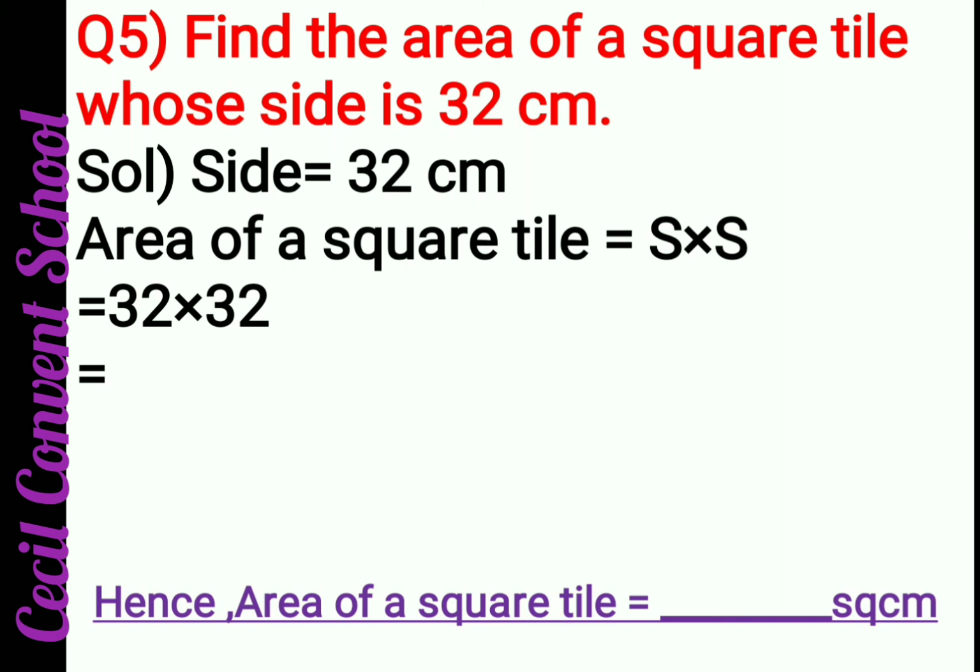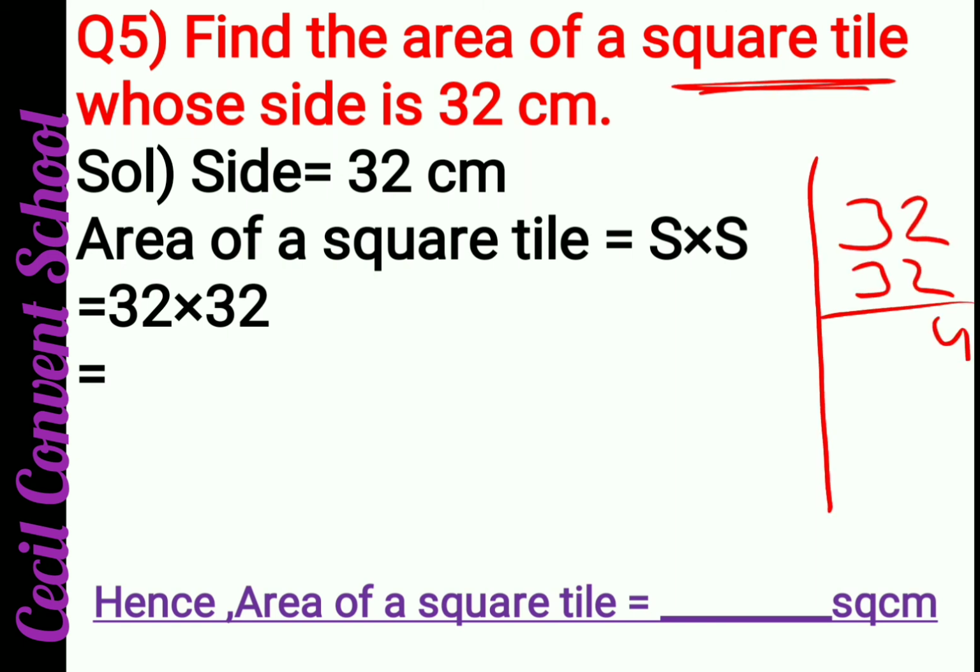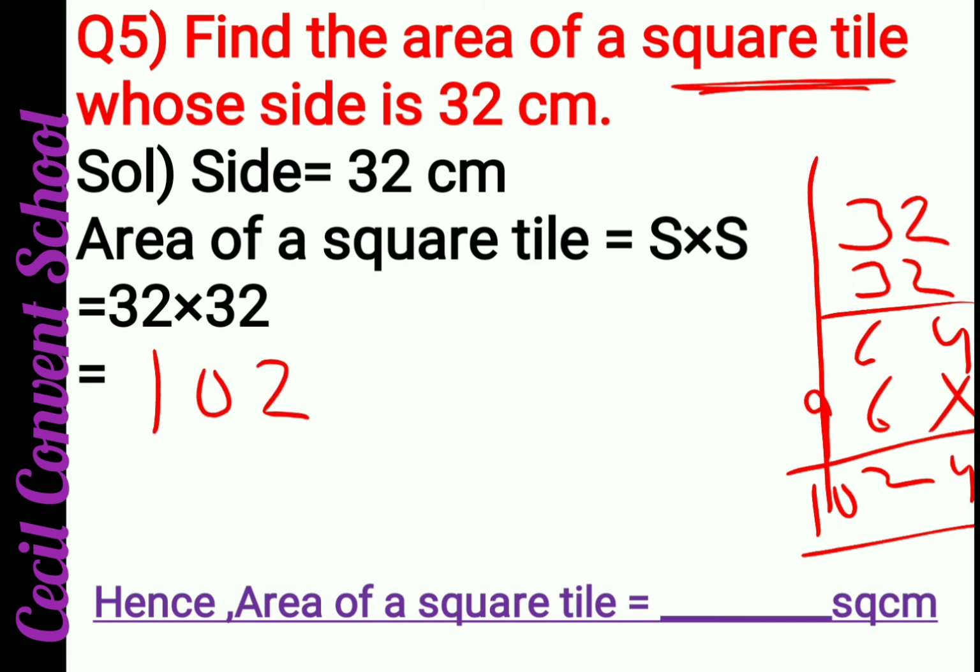Find the area of a square tile. A square tile is given, means you have to find the area of a square basically. So the area of a square formula is side into side. So side is equal to 32 centimeter, which is written in the question. Area of a square tile is equal to side into side, means 32 into 32 you do. Now you multiply 32 with 32 in a rough column. 2 2s are 4, 2 3s are 6. Clear? Then 3 2s are 6, 3 3s are 9. So your answer will be 1024. Understood? So you will write here 1024 square